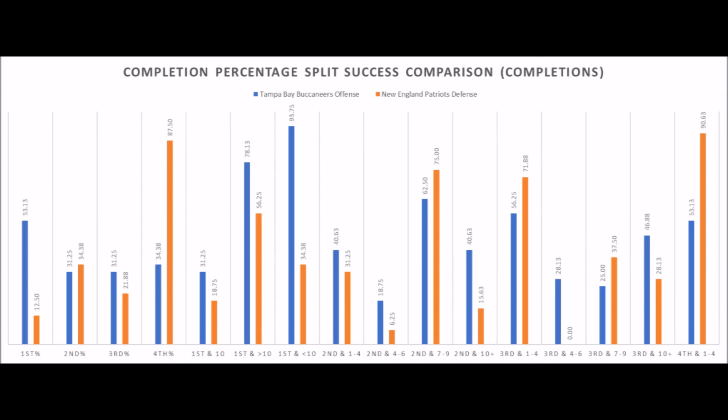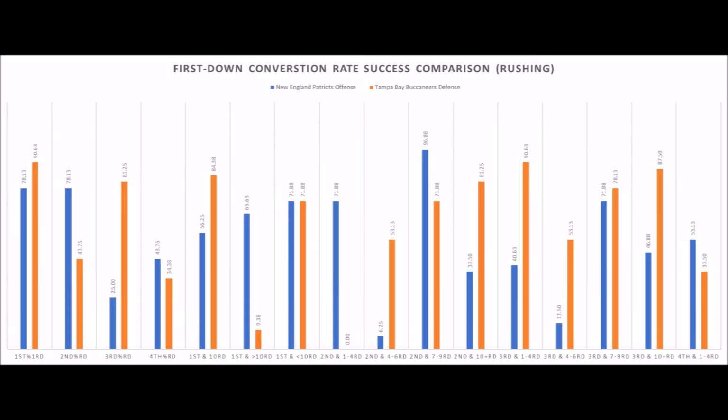When you get to rushing downs, Patriots offense versus Buccaneers defense, the Buccaneers have had a host of issues on defense, but not as many when it comes to defending the run, except on second down. So I think it'll definitely be in the Bucs' favor on first down and third down, based on the data. But I do think the Patriots will have advantages on second down, because that's the money down for the Patriots overall. So I would give the advantage slightly to the Tampa Bay Buccaneers defense, but I still think it's a bit of a toss-up, kind of evenly matched.